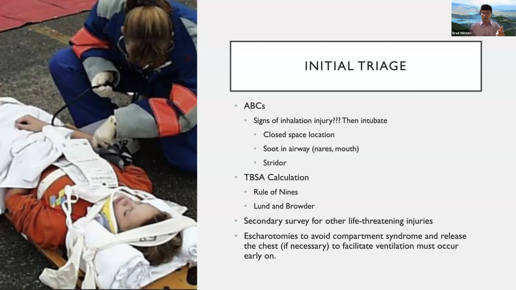Smoke, even if it's just from wood, contains a lot of very nasty, irritating chemicals. And if somebody happens to be in a building or in an automobile, think about all the stuff inside of those areas. Furniture has plastic in it, car parts have plastic in them, paint, other things break down into really toxic chemicals. These can lead to very, very rapid edema. And of course, the vocal cords can swell shut very, very rapidly.